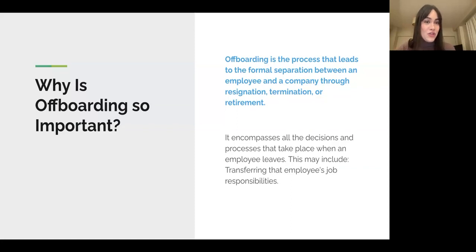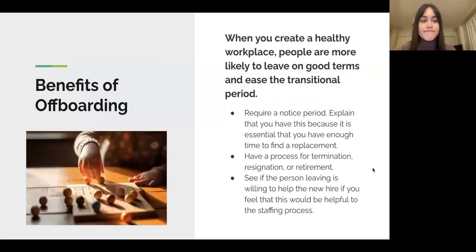So this is why it can be stressful. We already have so much on our plate. And whenever somebody who we're used to being there every day is deciding to leave, it's difficult to not only do the whole recruiting process and hiring process, but now we have to also transfer all of those responsibilities. And it might take time for them to get on the same level of comfort and expertise as the person who departed from your team.